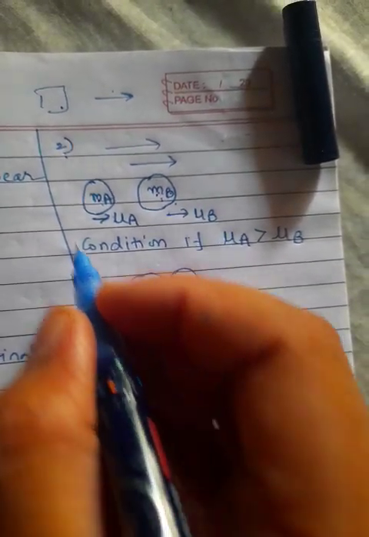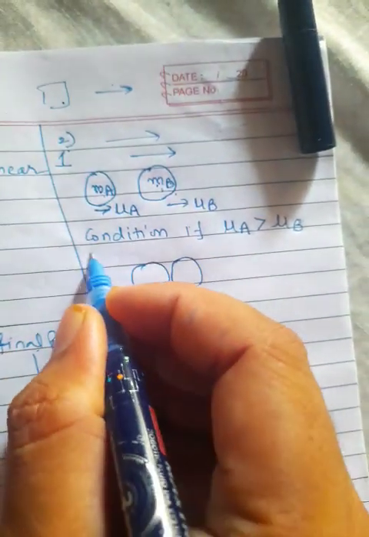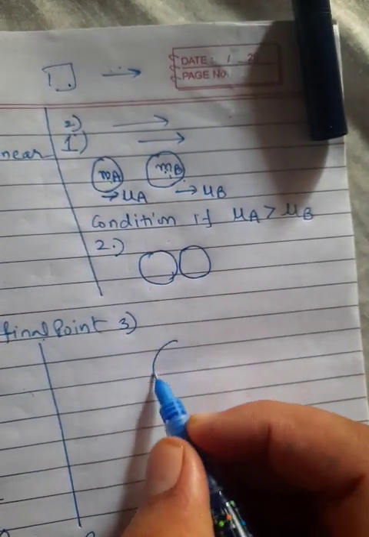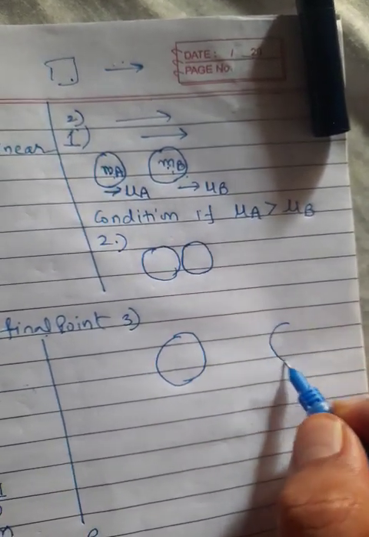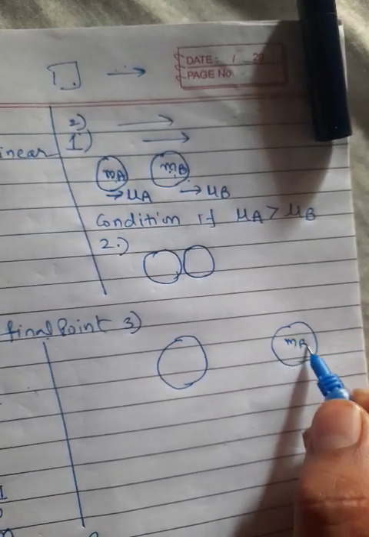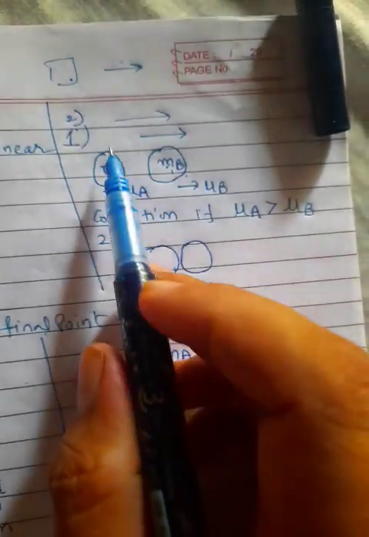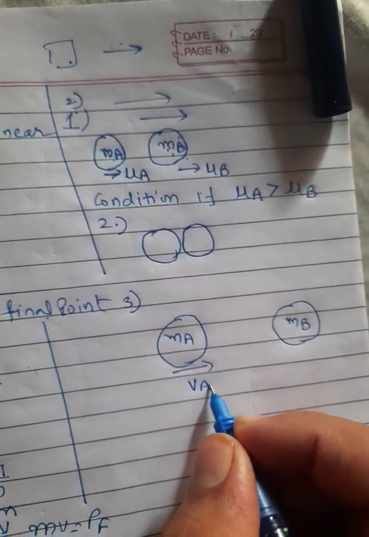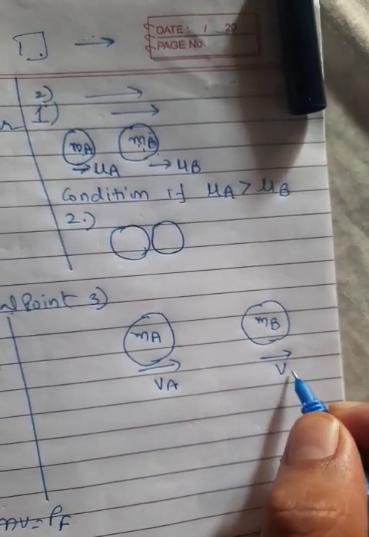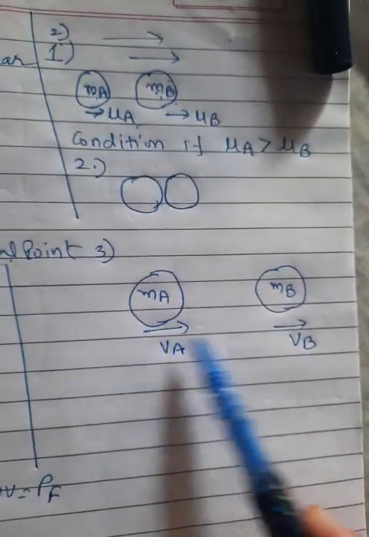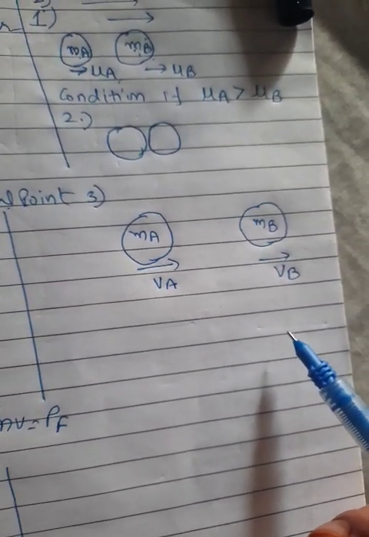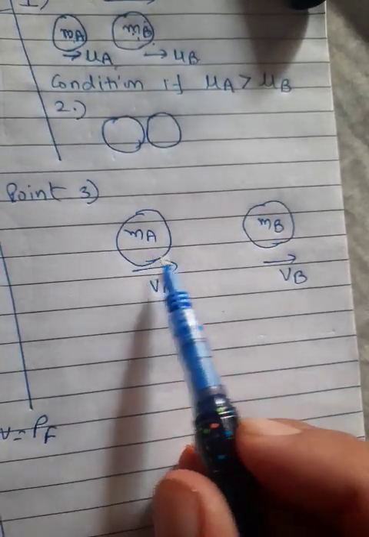So we will get here the third position. This is our first position of the object, second position, so we will get here the third position of the object, like this. After collision, this body will reach here. This is our second body, we can say that is Mb, this is our Ma, but this time the velocity will change. So this body's velocity is what? Va. This body's velocity what? Vb. So we can say this is the initial velocity and this is the final velocity. Okay, yes. So we can say the body will move with a high velocity.